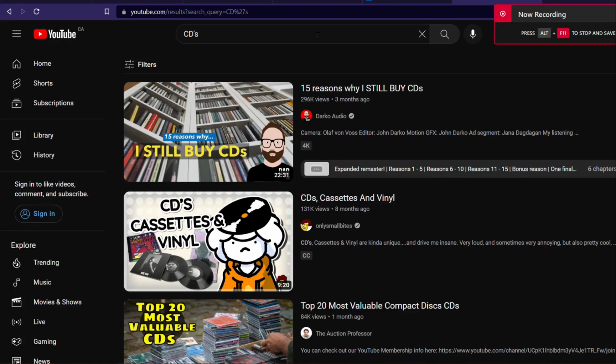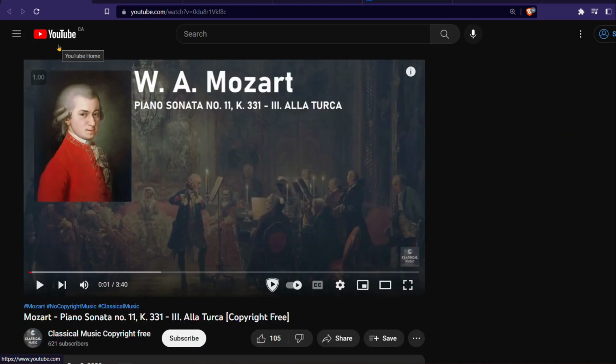Now, recently I saw some YouTube videos about how people still own CDs. I'm just like, what? Anyways, one of the main reasons is because they want to be able to own music, which obviously, if you're streaming music, you don't own that music, and you're dependent on a third-party platform. Now, I'm going to show you guys how to download music straight from YouTube, completely DRM free, onto your computers,